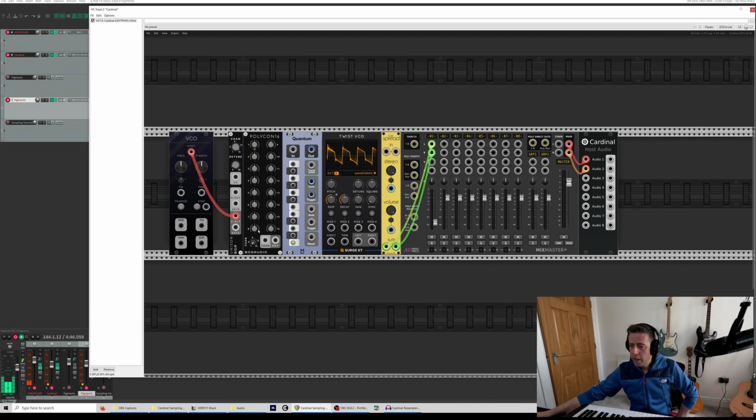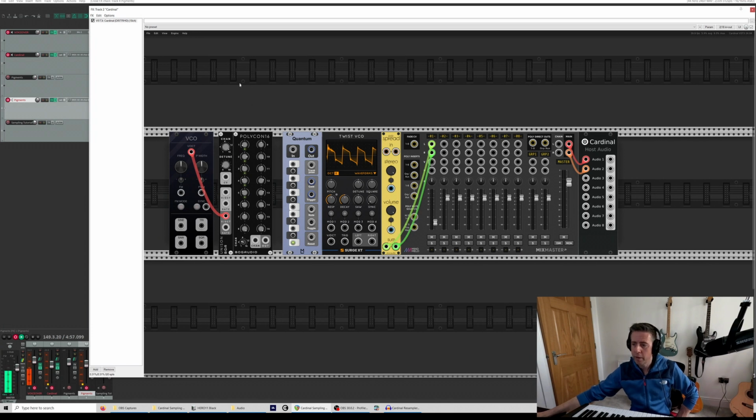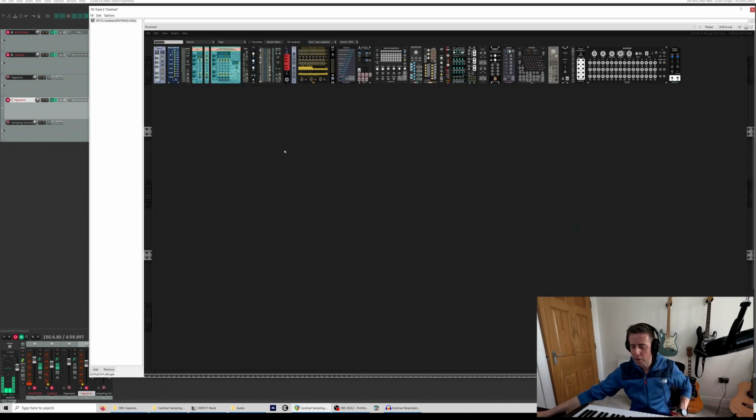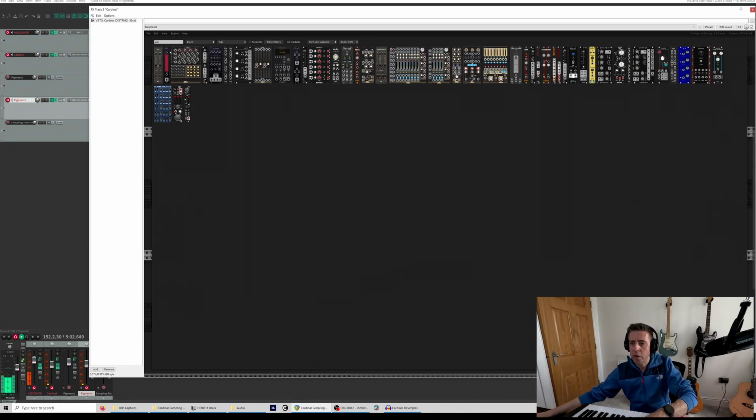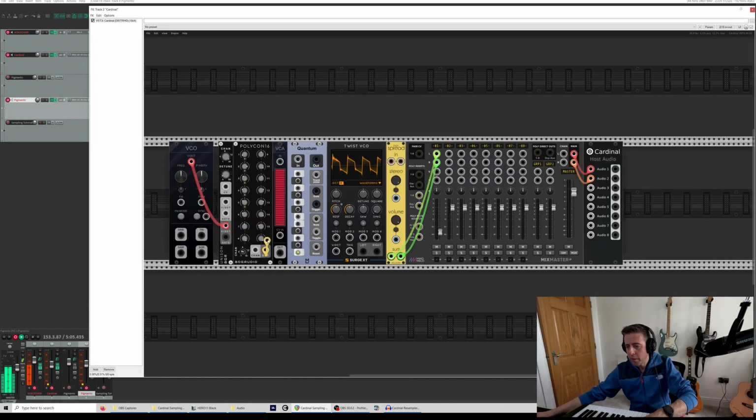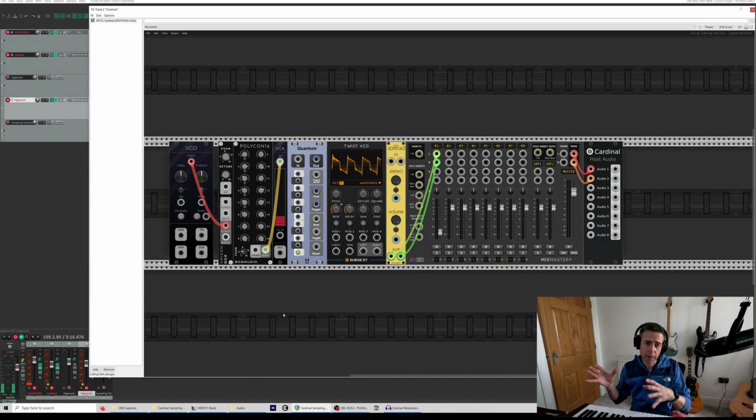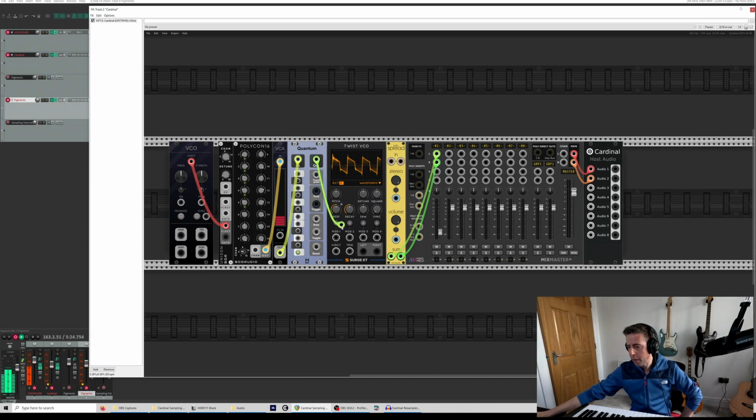So if I take Polycon and increase the channels to 16 and just randomize this. Now some of these are going a bit far, so you could click on every single one and put it in the range you want, but it's probably easier to just get a VCA. This is going to be quicker. Put the polyphonic output from there into the VCA and then just take it right down. What this will do is give you 2 or 3 octaves, because you don't want too many different octaves, because when you then play back different pitches, you're going to get stuff that's too far out of range. So if we put that into the quantizer and then put the output into the volt per